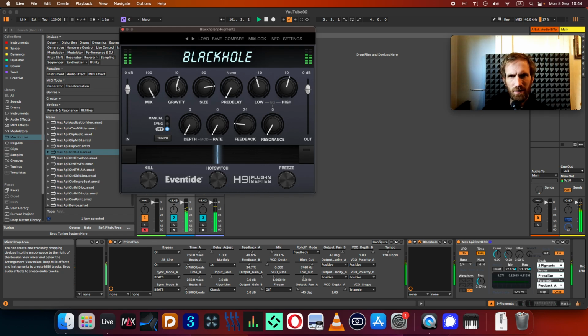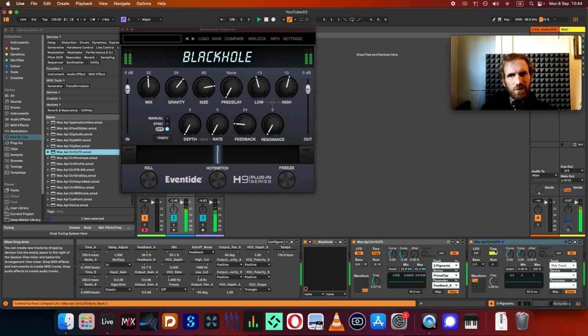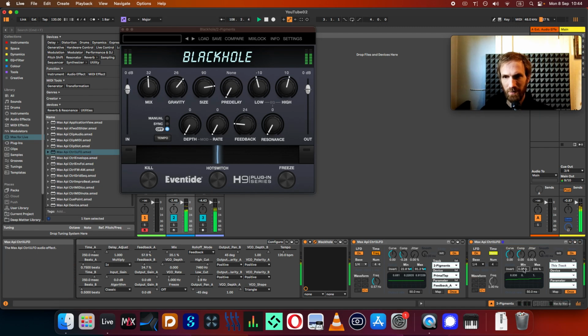So if I have 100% mix here, you can hear that it's creating these really nice movements in the reverb. So you just create another of these LFOs, but set the minimum to maybe 51. And then hook it up to the